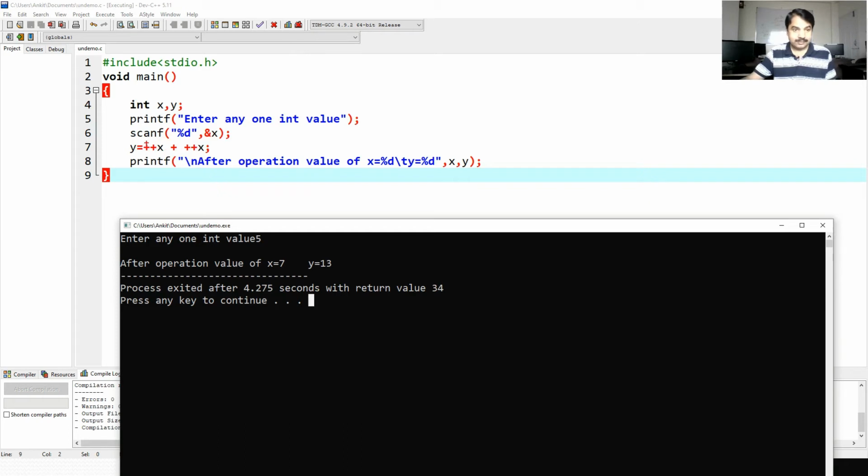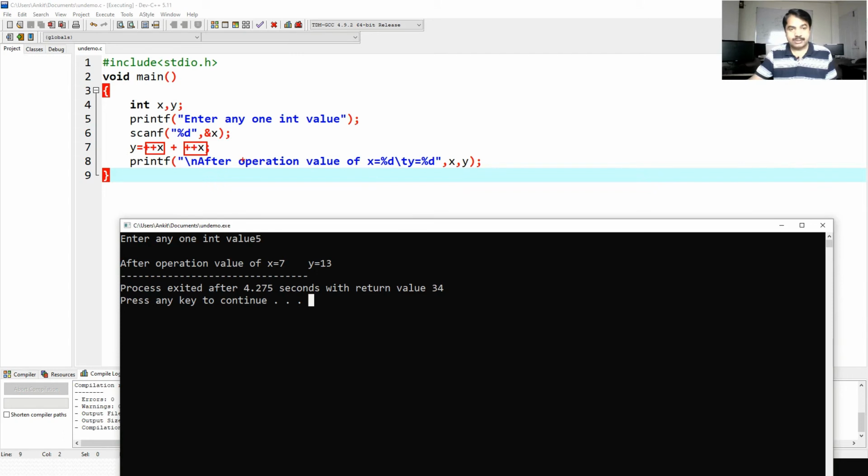After that, 6 is incremented by 1, so now it becomes 7. Therefore, 6 plus 7, y equal to 13 we are getting. So the output is y equal to 13 and x equal to 7. Why 7? Because x value is incremented 2 times.